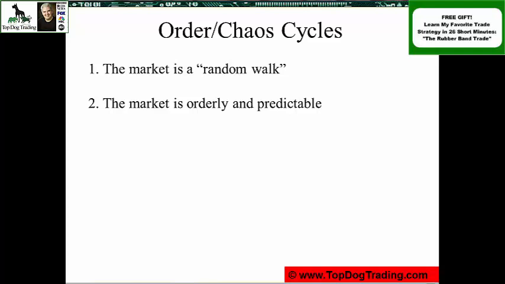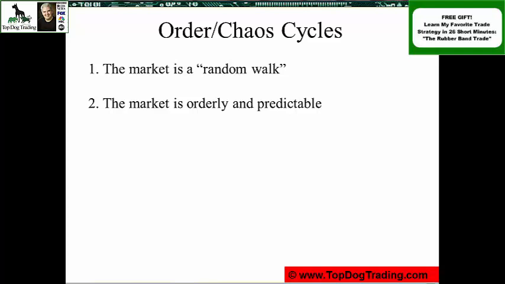So obviously I've read both of these positions, and when you read each one, then each one seems very convincing. They show a lot of examples, and you can say, yep, that worked, that made sense. But then when you get done reading both sides of the research, you're stumped because they're completely and utterly contradictory. So as I was doing this, I realized, wait a minute, as I'm looking at these examples, yes, they both have examples that support their positions. So there might be an issue here where sometimes the market is a total random walk, and other times it is very orderly and predictable.